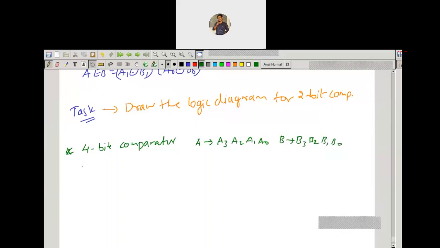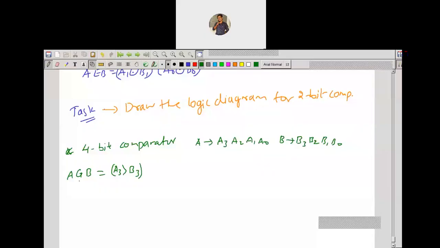So in this case, I'm writing A greater than B. This can happen when A3 is more than B3. That is, if the MSB of A is more than that of B, then obviously A is greater than B, irrespective of the remaining bits. So for this case, A3 more than B3, you're going to get logic 1 for A greater than B, or else,